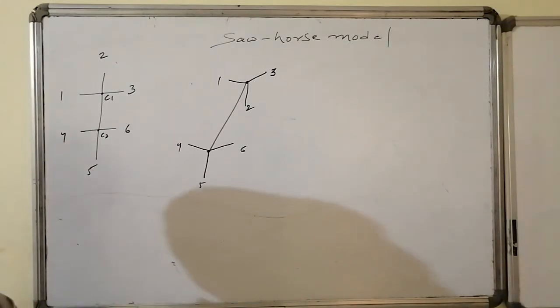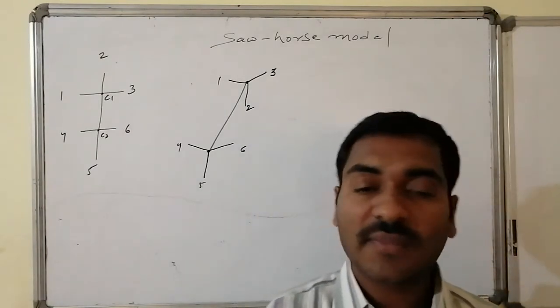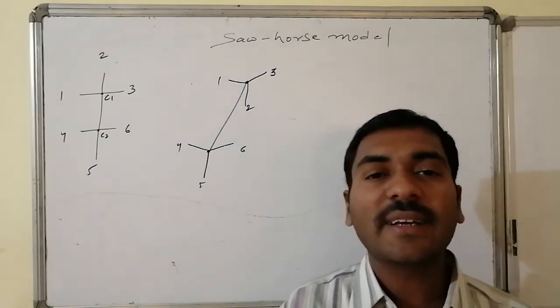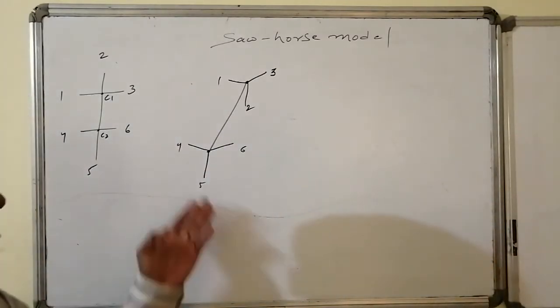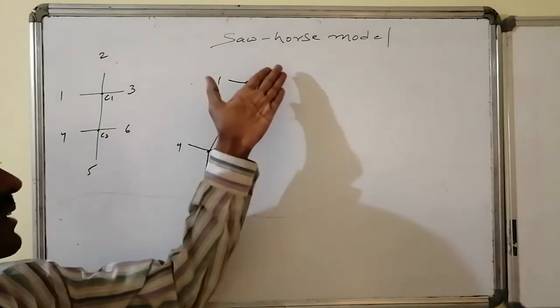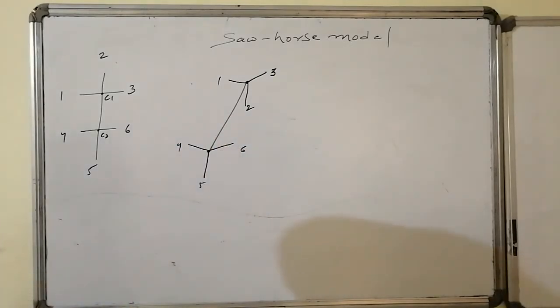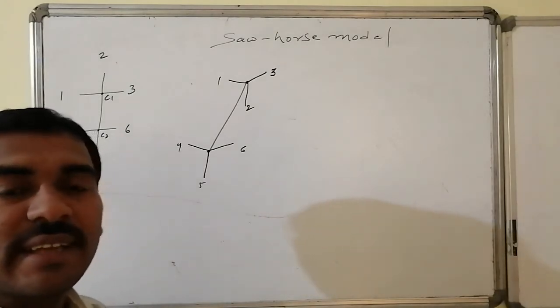Every particular atom, every particular valency present in the structure can be known in the Sawhorse presentation, and in the immediate Sawhorse presentation the Fischer rules are applicable. This bottom and this bottom are eclipsed with one another, this left and left are eclipsed with one another, this side right and right, that is 3 and 6, are eclipsed with one another. The angle present between them is 0 because they are present in the same plane, hence the dihedral angle is found to be 0.